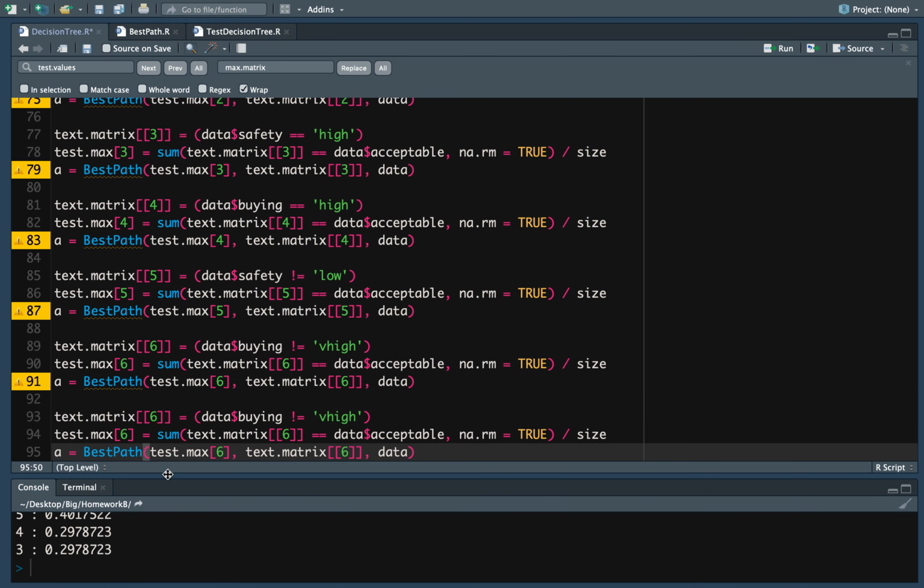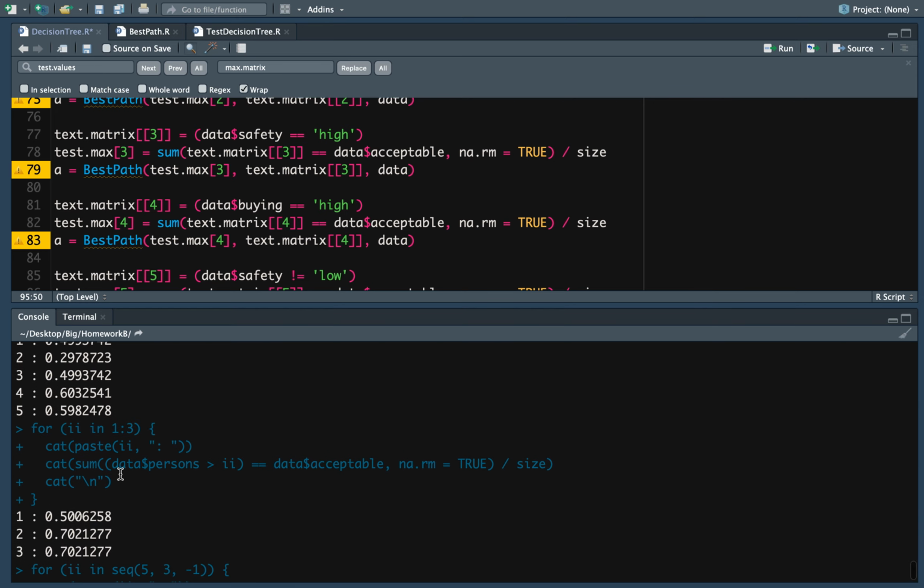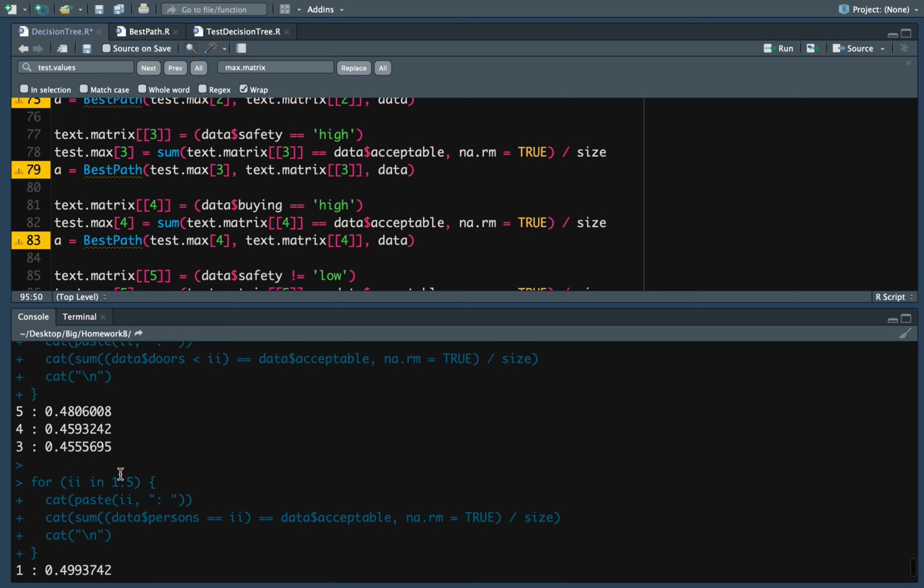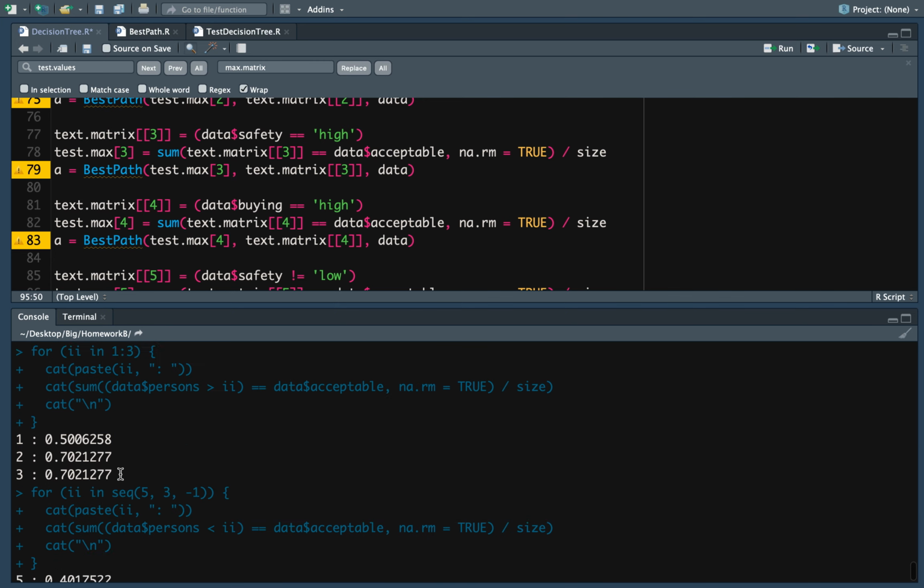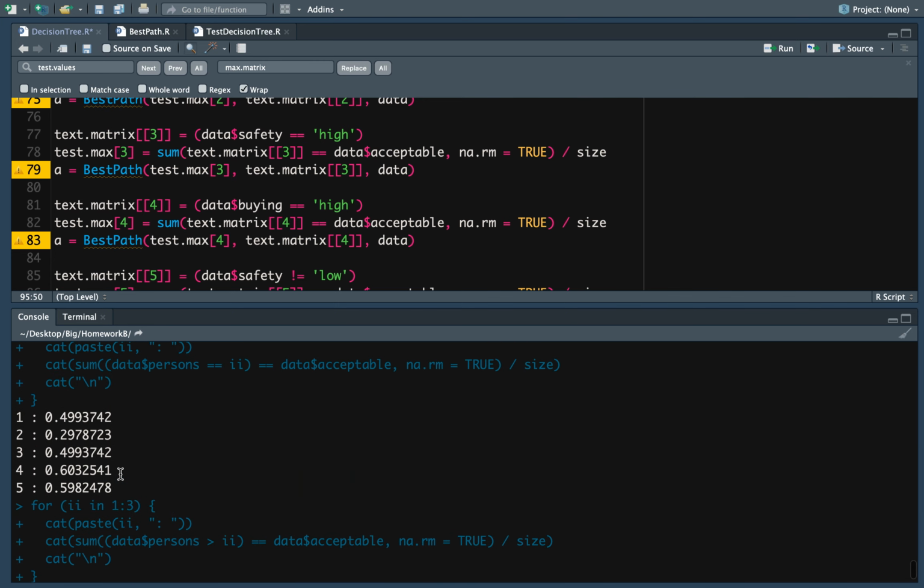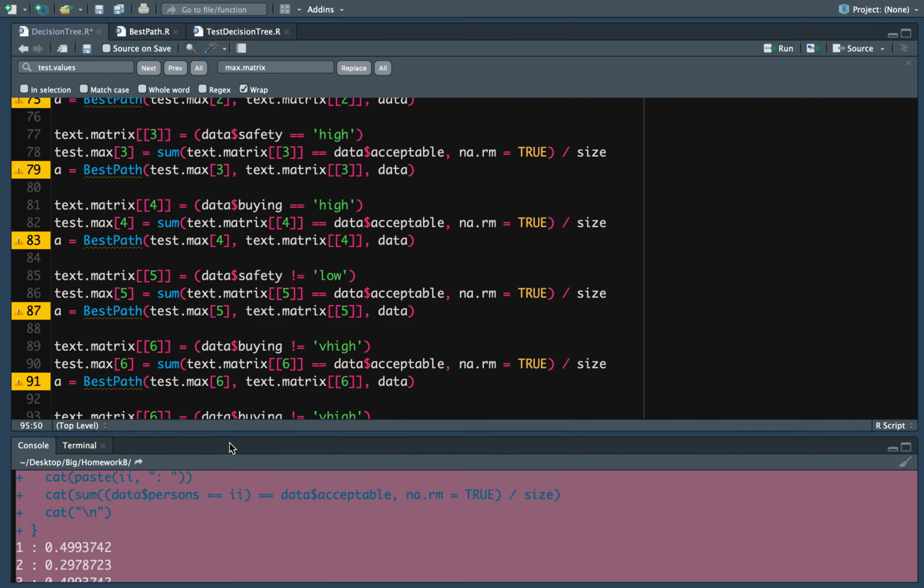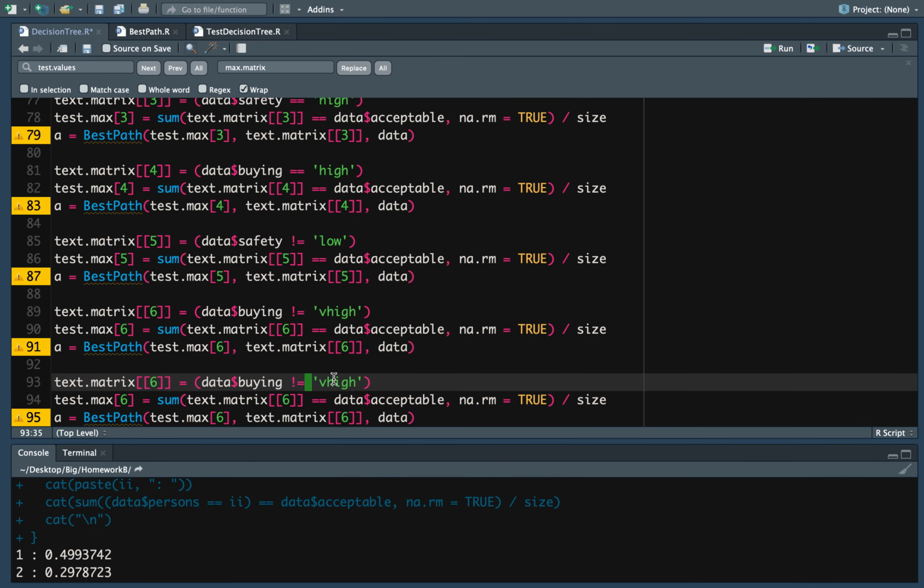We also tested buying equals high, safety equals not low, and buying equals not very high is another thing we did. So let's quickly do that test that I was interested in, that I realized I forgot, or didn't notice earlier. Okay, so not equal to 2. So we're going to try persons not equal to 2. So now we'll do a live test. I wasn't planning this, but